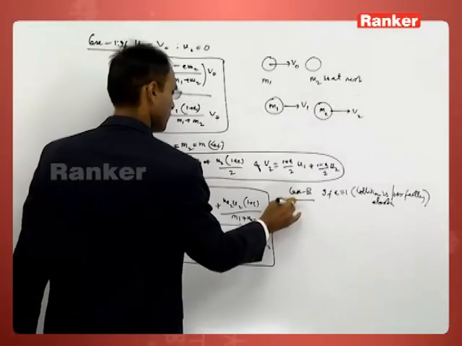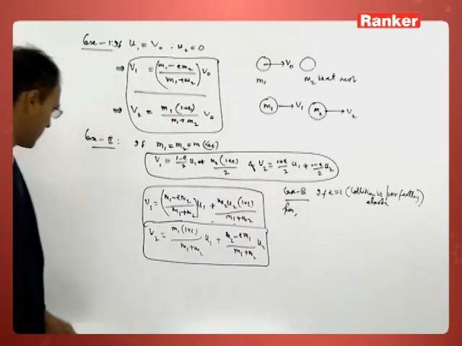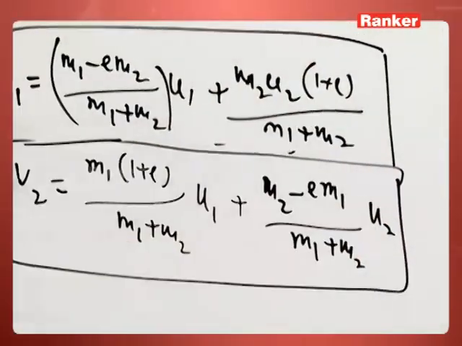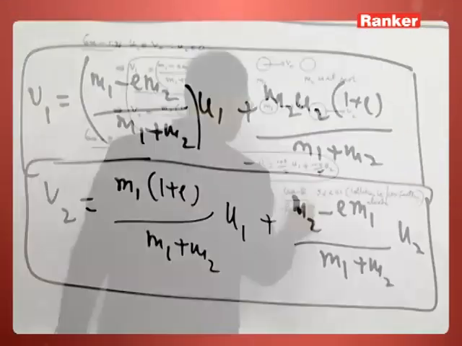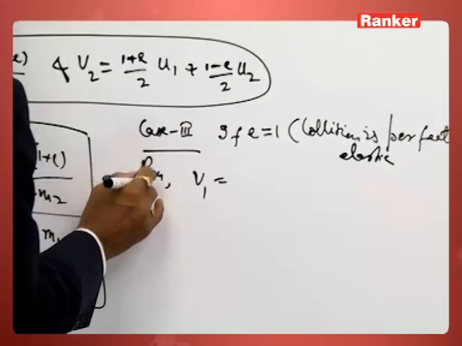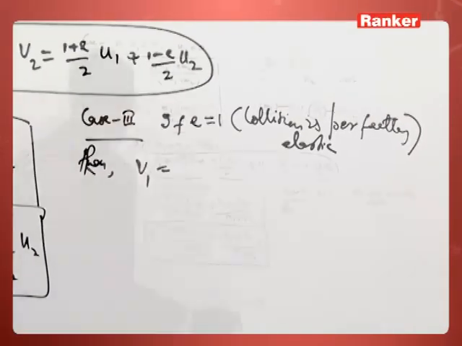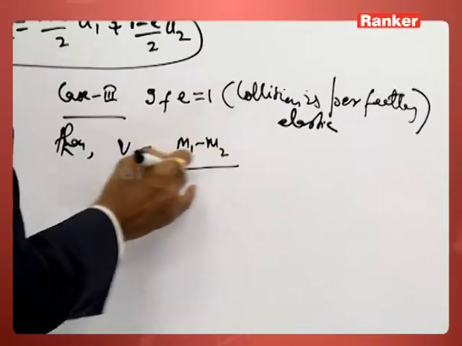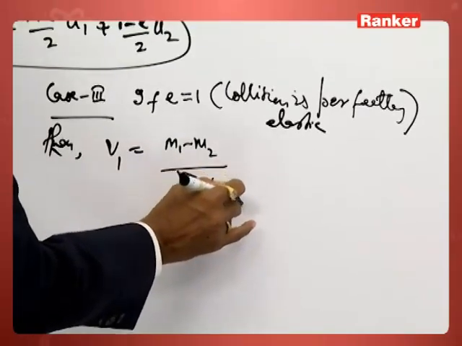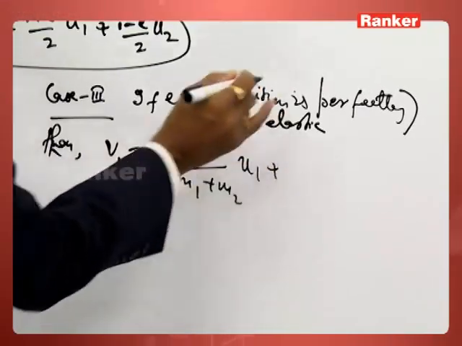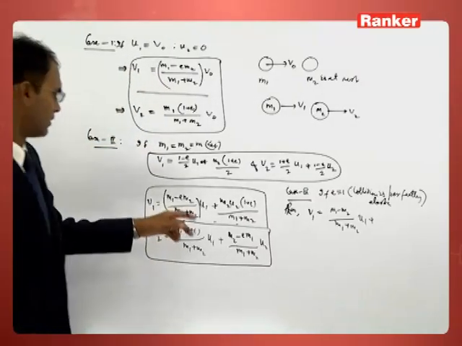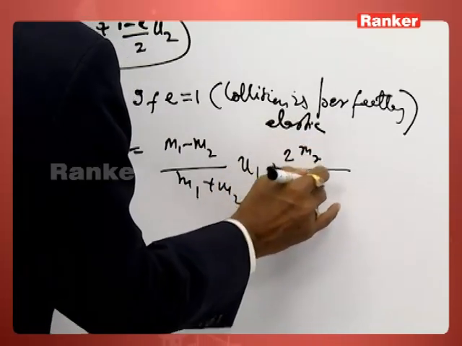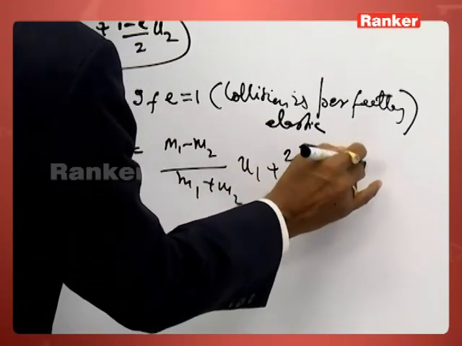Then putting E equal to 1 in both the master expressions, or master equations, we are getting V1 is equal to M1 minus M2 by M1 plus M2 into U1 plus 2M2 by M1 plus M2 into U2,